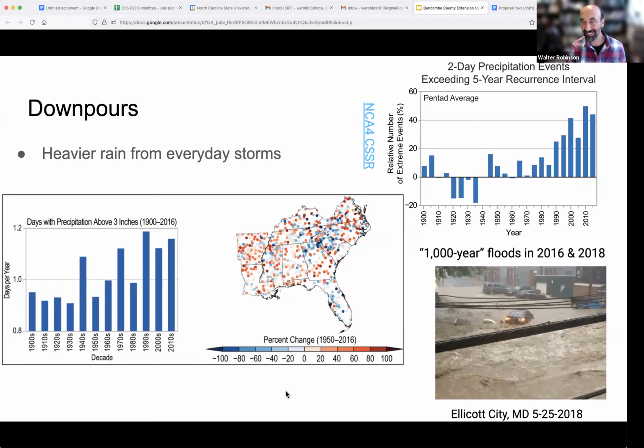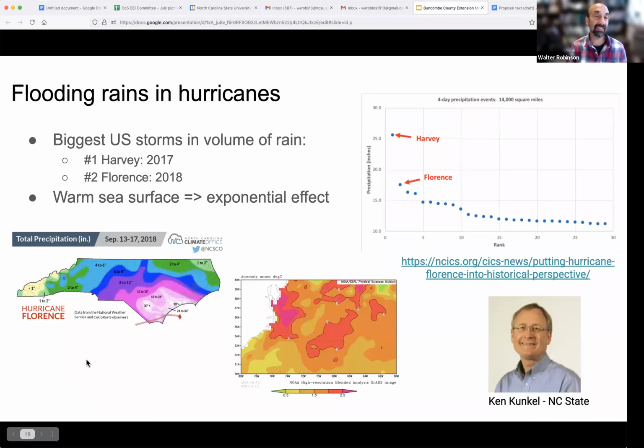The impactful result of climate change is much more at these extreme events than it is in how much temperature changes. Hurricanes. So we've always had hurricanes. Hurricanes have always made landfall in North America. But in terms of the rain, we're seeing as the oceans have warmed, and this is the ocean temperature anomalies associated with Hurricane Florence, and Hurricane Florence produced huge amounts of rain in North Carolina, not so much out where you are, I guess. And this is work by a colleague of mine based out at Asheville, although he works for NC State University. In terms of the volume of rain going back 50, 60, or 70 years, I think,